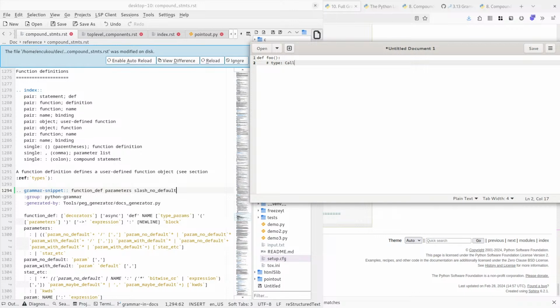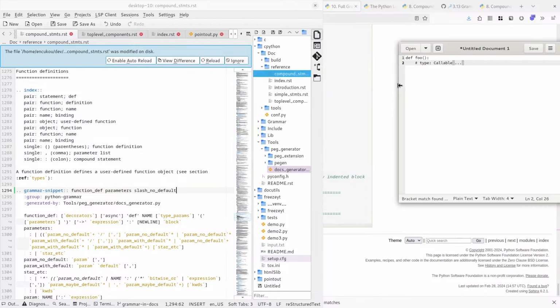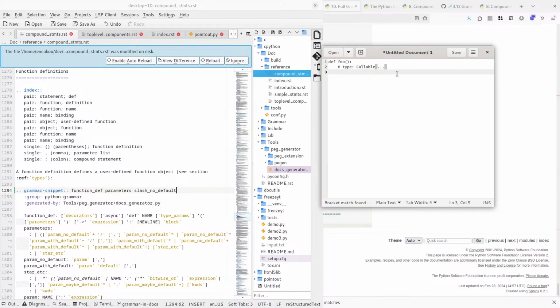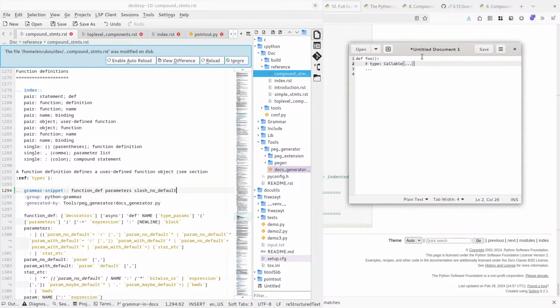This is a callable. That's something. So this is the alternate syntax for type annotations that's compatible with Python 2, and there's a mode in the Python parser that supports this,